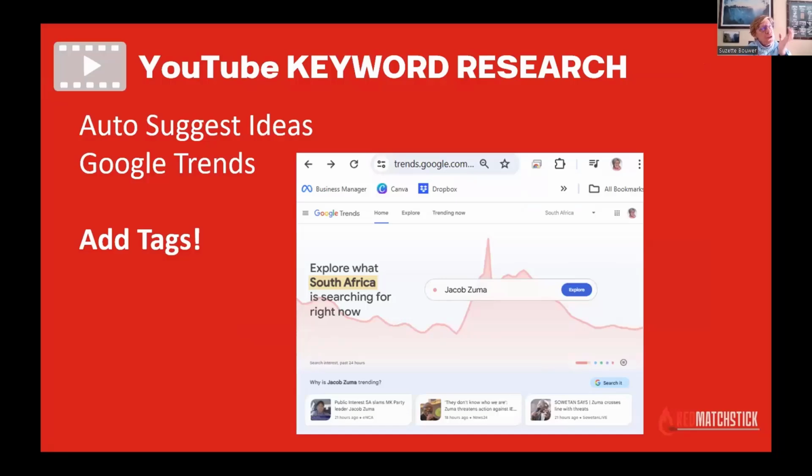And you need to therefore start with doing your keyword research. So as I've said, you can go into auto suggest, type into the search, see what comes up. Use Google Trends. It gives you what's trending at the moment. Is there something you can leverage, or is there something in your industry that you can put in there and explore what is trending? These are the type of words you will add into the tags of your video. This is an essential part of your YouTube video marketing, keywords and tags. Research them, add them to your videos.